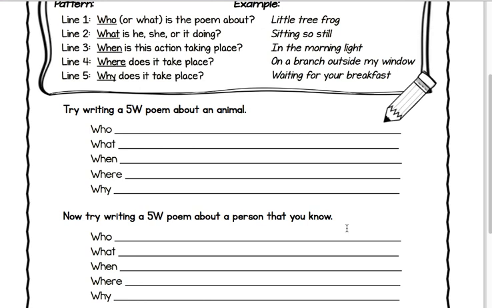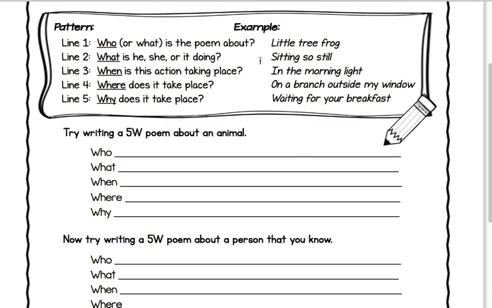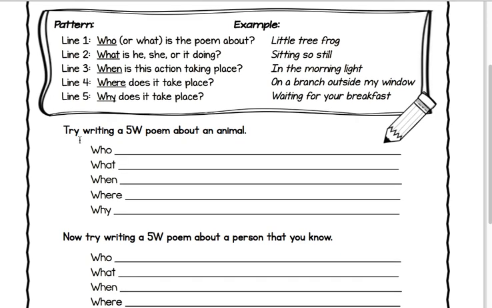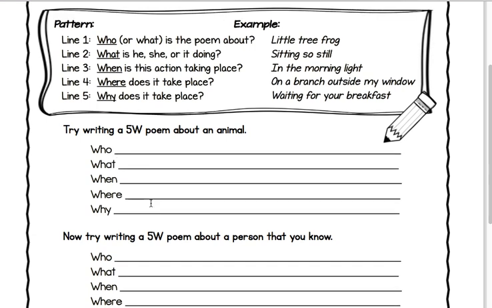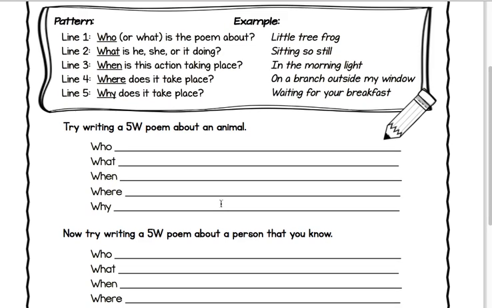And again, when you rewrite the poem on your own paper, don't write this who, what, where, when, why. You don't need that. The only thing you need are the answers. So this is actually what you're going to write on the paper, the answers. This is sort of like a graphic organizer to help you with what's supposed to appear in each line. But when you rewrite it in its final form, don't include the 5 W words. Okay? So this is another little fun poem that you're going to work on.